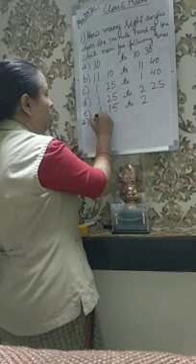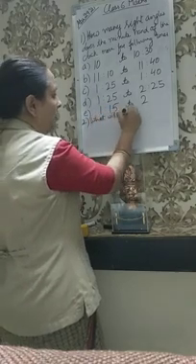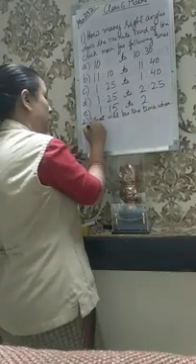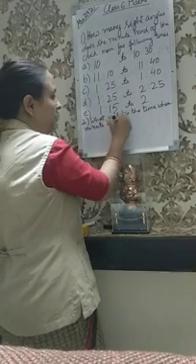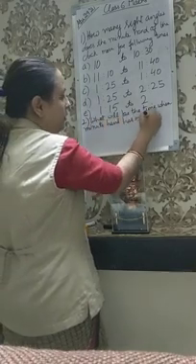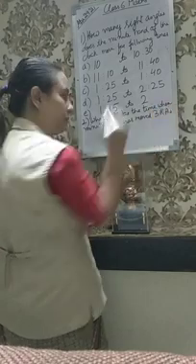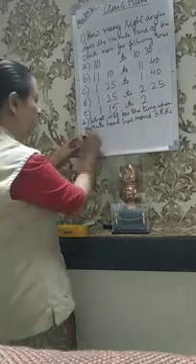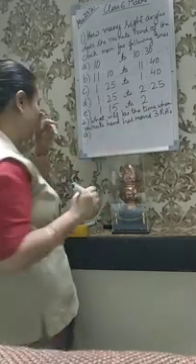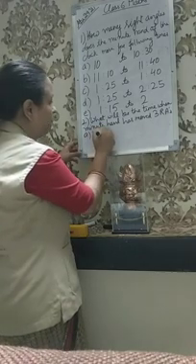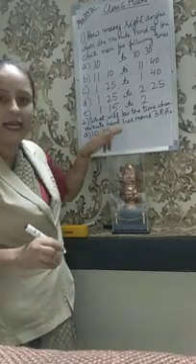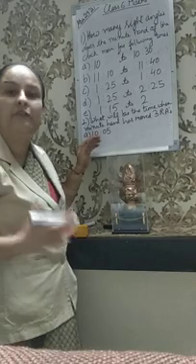And my second question is, what will be the time when the minute hand has moved 3 right angles? What will be the time when the minute hand has moved 3 right angles? So earlier time was 10:05. So from 10:05, when the minute hand moves 3 right angles, what will be the final time?